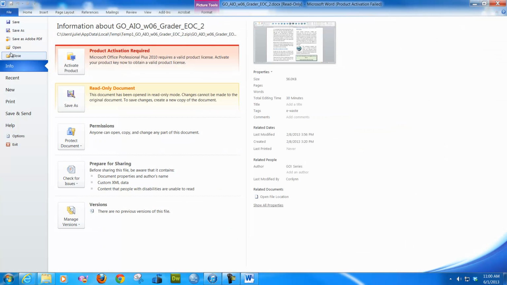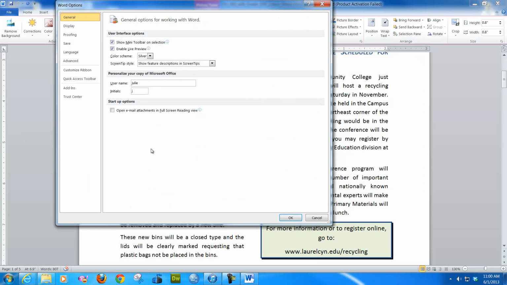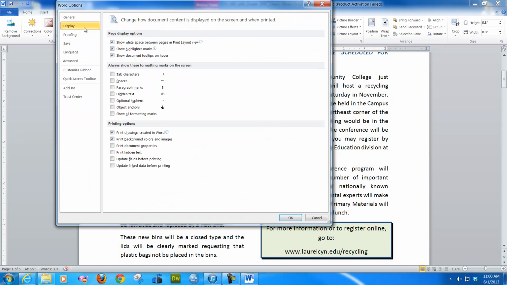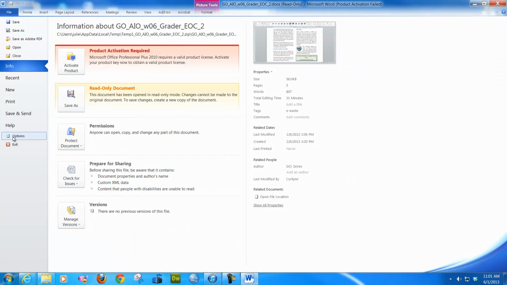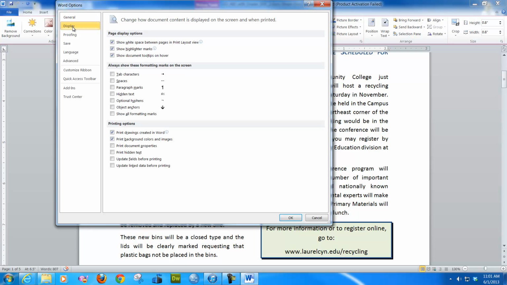So make sure, just let me know. And it might be right here. If you go to Word options, so if you go right here to File and then Options and then Display, make sure that this print drawing created in Word is on there.